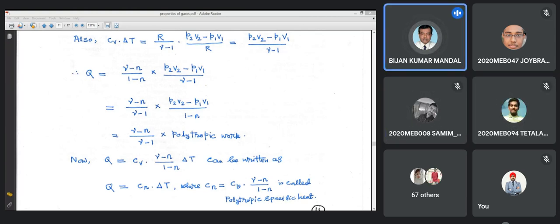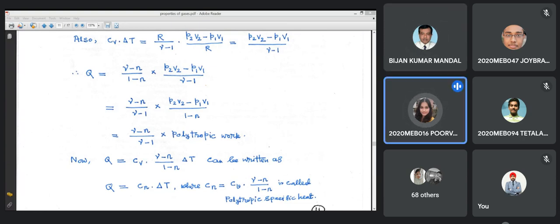So the polytropic process covers all the processes, including isothermal and all these things. If the value of N becomes 1.4, I mean the value of gamma here, then it will be an adiabatic process, and obviously the heat transfer will be 0, and that is coming from the equation also. Roll number 16, what will be the value of polytropic specific heat when N is equal to gamma? It will be 0. What does it mean? That will be an adiabatic process, no heat transfer occurred.